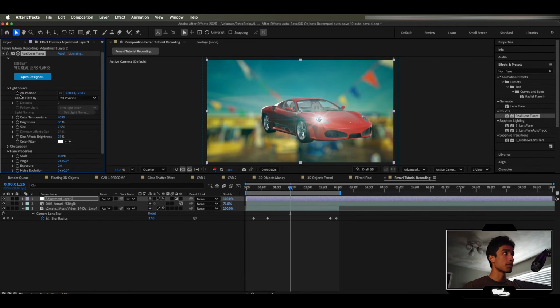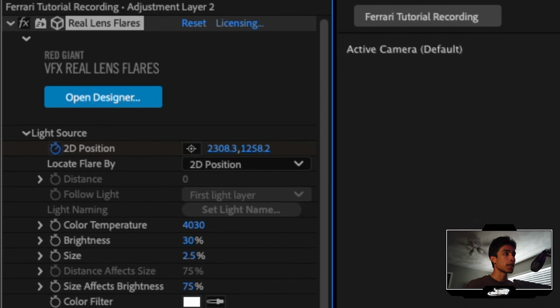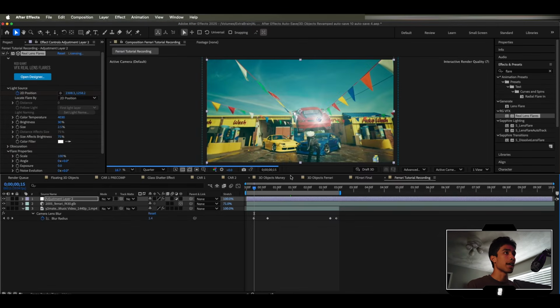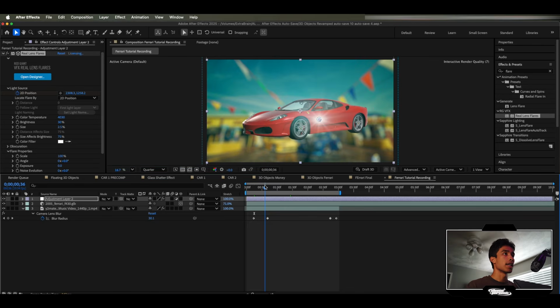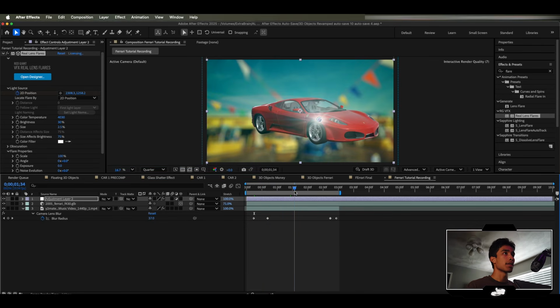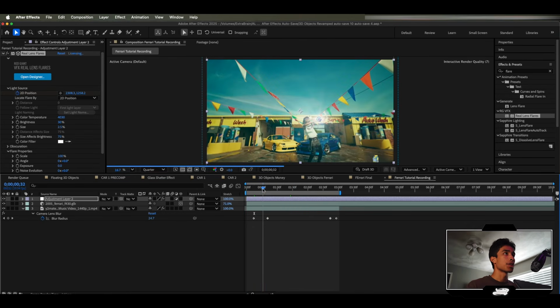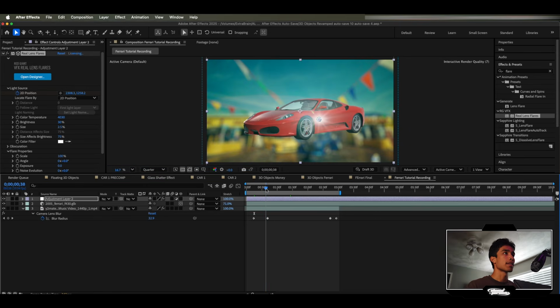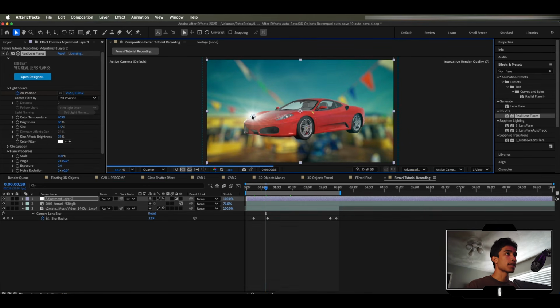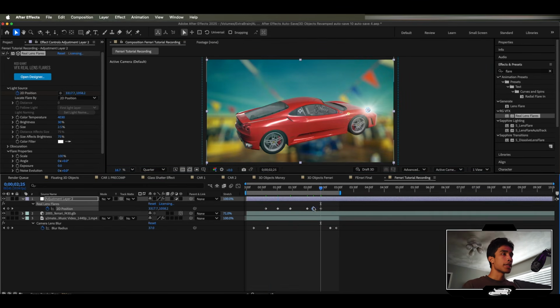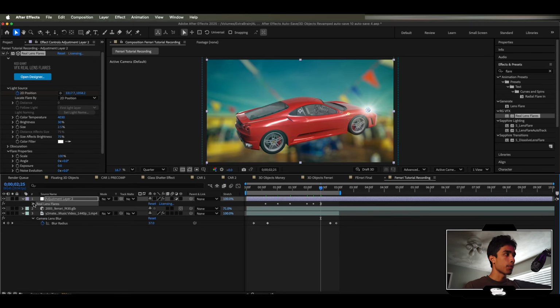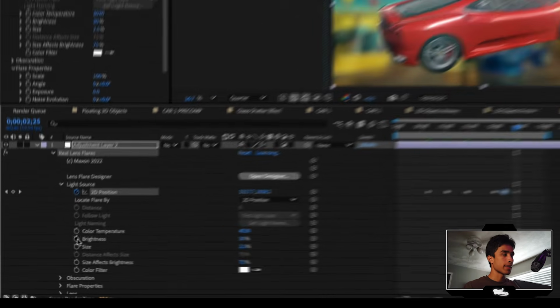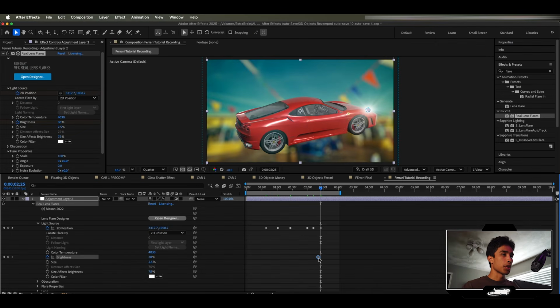And now what we're going to do is we're just going to hit a keyframe at this 2D position, and unfortunately for this part you have to track the motion on that light. So wherever the light is that you're trying to track, you have to make sure that it is there the entire clip. So just adjusting it over here to the beginning, in the middle, hit the U key to see all those keyframes, and then once it's done, we're just basically going to hit a keyframe at the brightness, and we're going to go